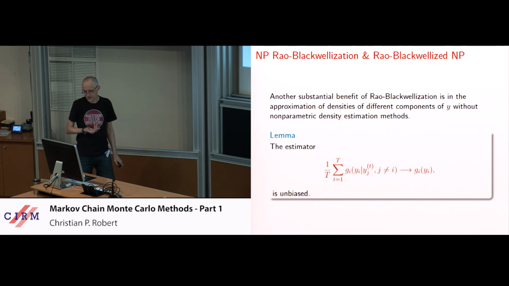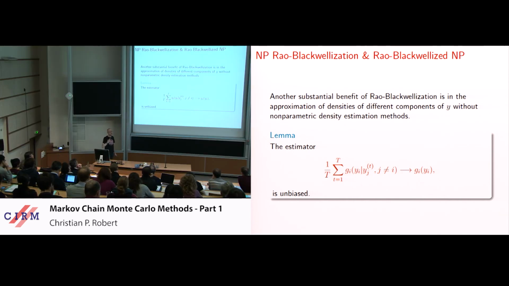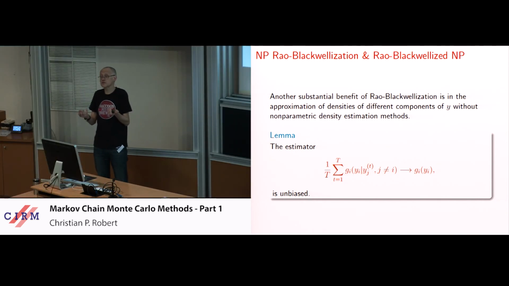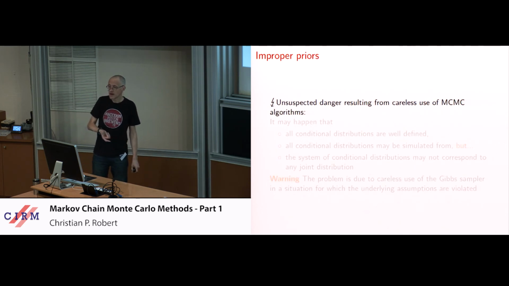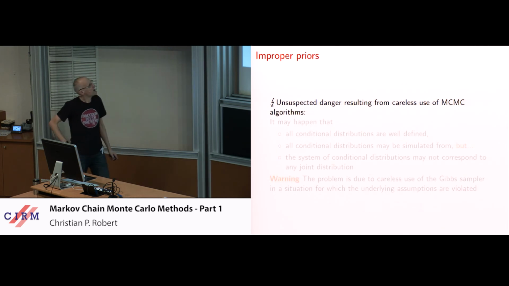Okay. And then also, Rao-Blackwellisation can be used in a non-parametric way, which is that if you are interested in one marginal posterior distribution, g_i of y_i, for instance, the full conditionals averaged converge to this at a parametric speed. So you can produce very accurate, or more accurate than non-parametric, estimates of some of your marginals. And then last point, a warning